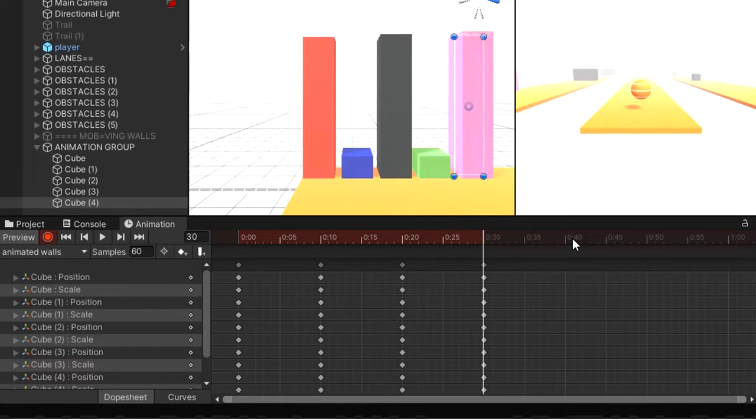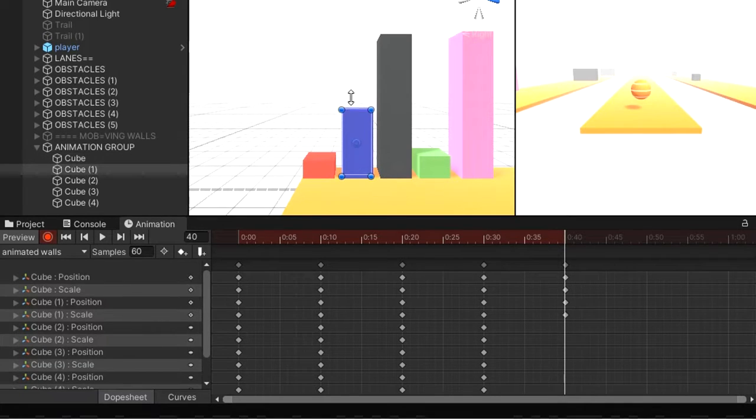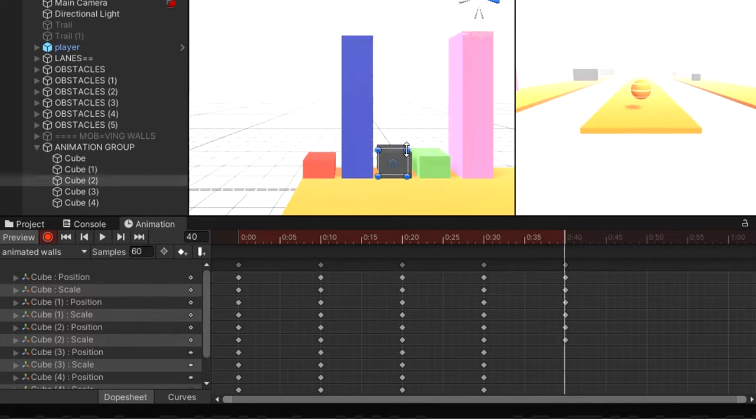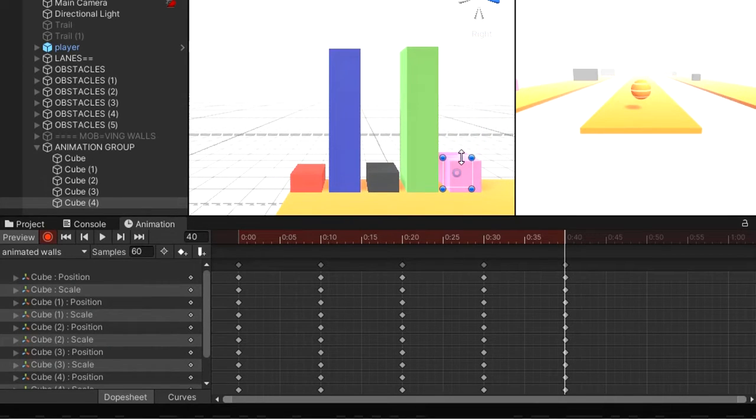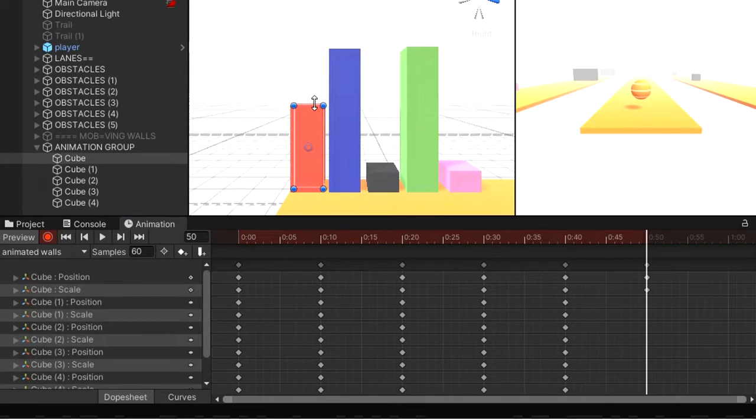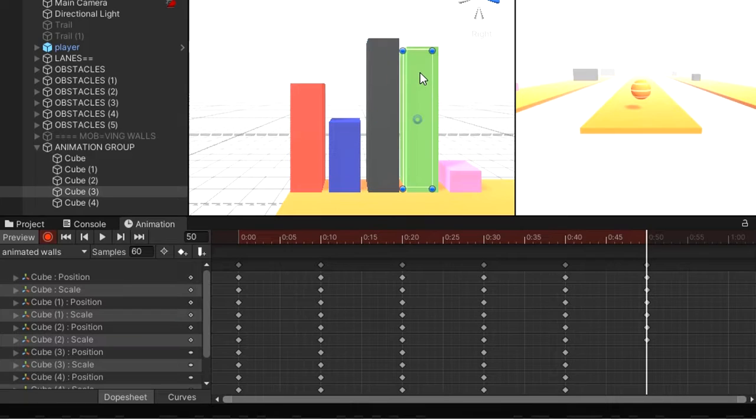We're going to go to the 40th second, and we're going to do the opposite. Drop this down, increase this, drop this down, increase this, then drop this down, drop this down. And the 50th second, we're going to bring this up, just a random kind of arrangement, and then it's going to be here. So now on the